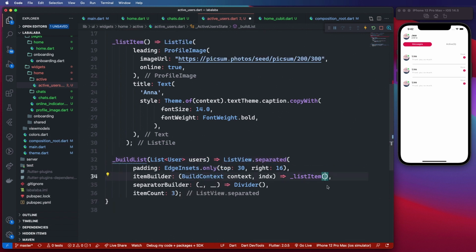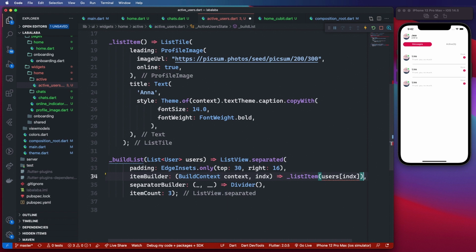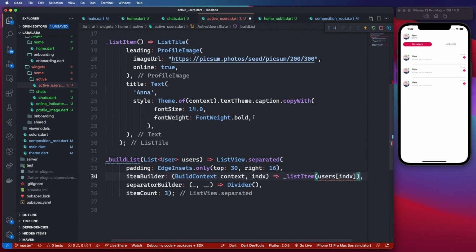And then it will pass the appropriate user to the list item. So list or users at index idx. And then our list item here will accept a single user. And then for our image here, it will use user profile photo URL, and for the name,